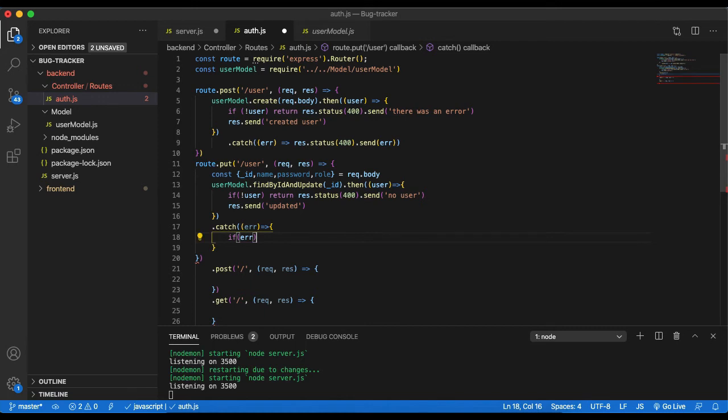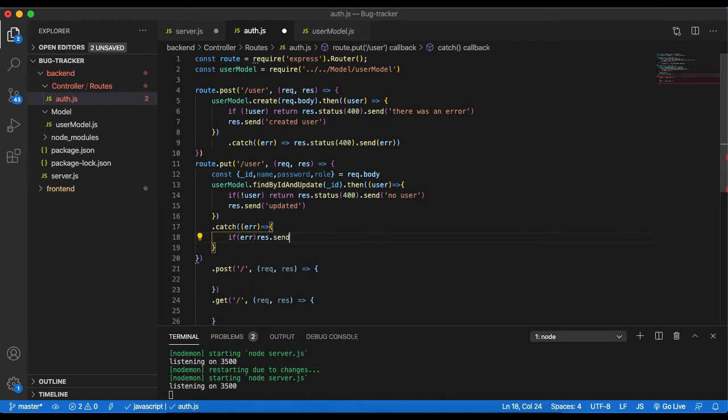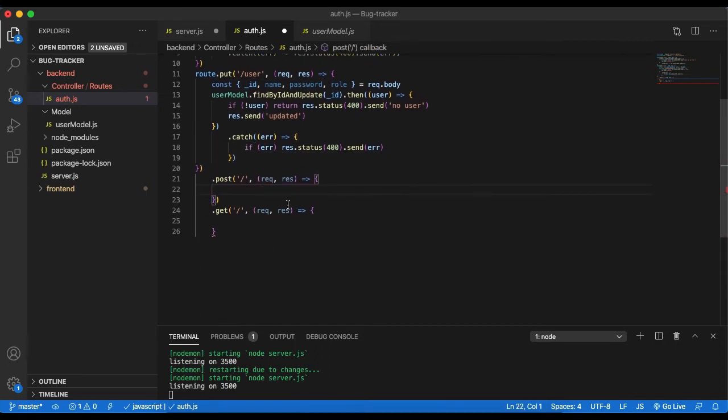If error, and we'll send the error back. So now we're getting the updates. Oh, close that. Okay, so login. Now, in a production app,